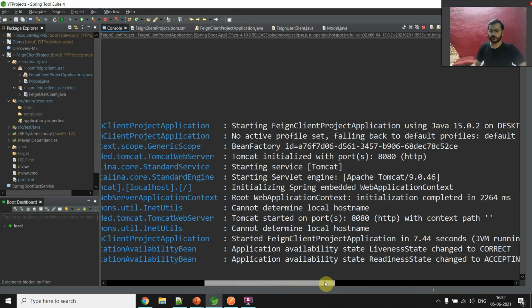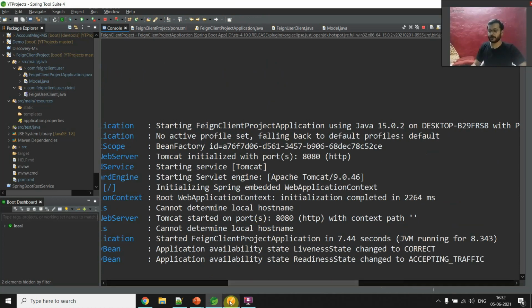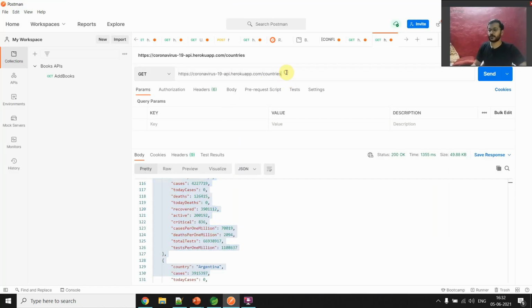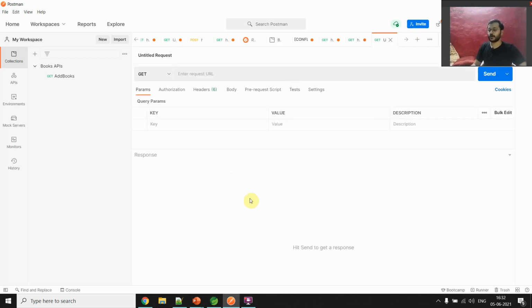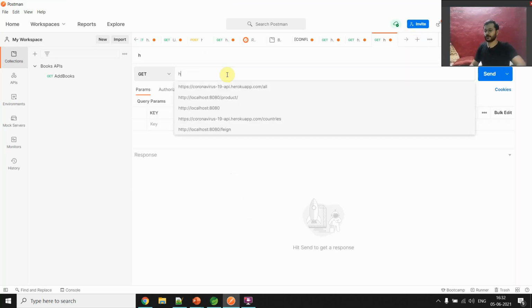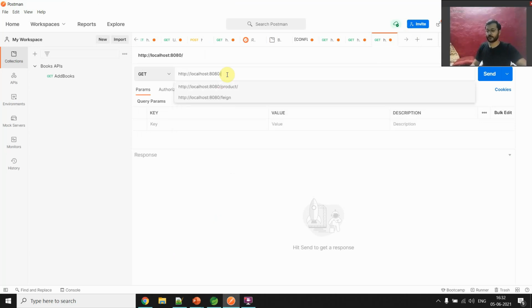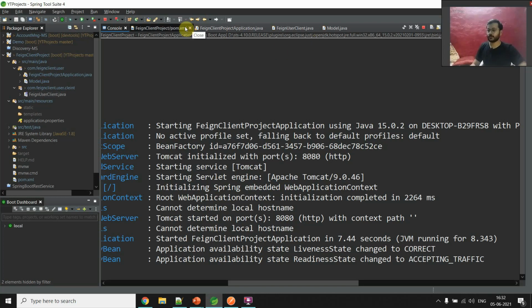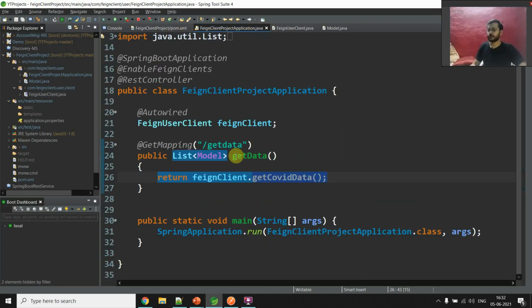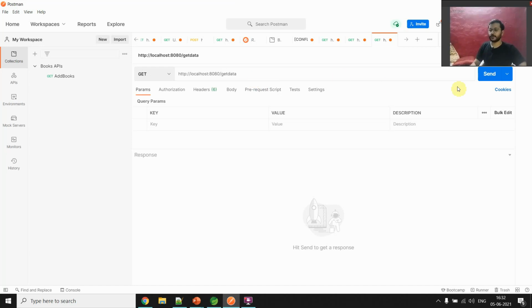Yeah, it's booted up at 8080. So let me do one thing. It is running at http 8080. So 8080, and yeah, what is our output is get data, right? Our endpoint. So let me fire.